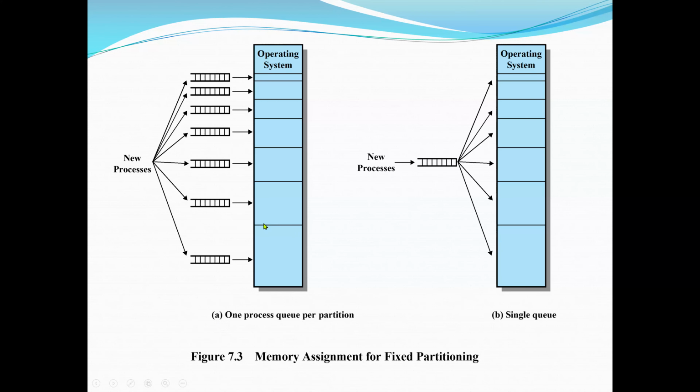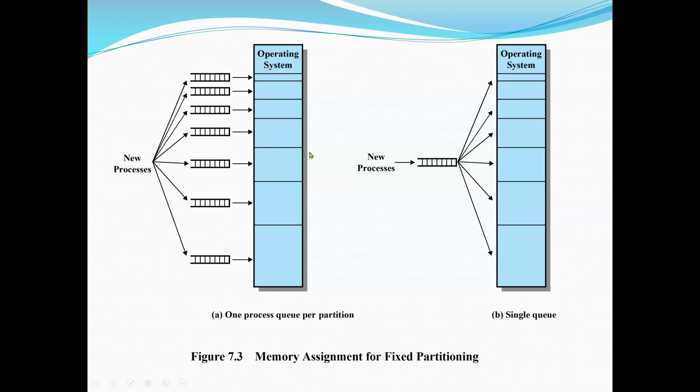the advantage is that the processes are always assigned in such a way as to, again, minimize the memory within the partition. And this is the concept of internal fragmentation again. Now, with equal partition, it doesn't matter. But with unequal partition, we want to assign a process that is larger into the larger partition, that is smaller